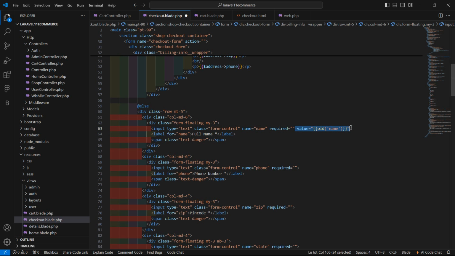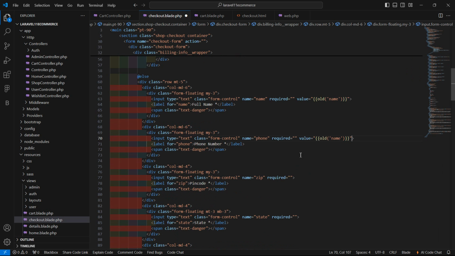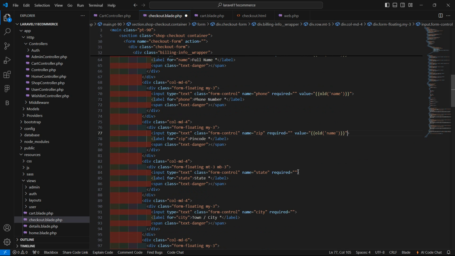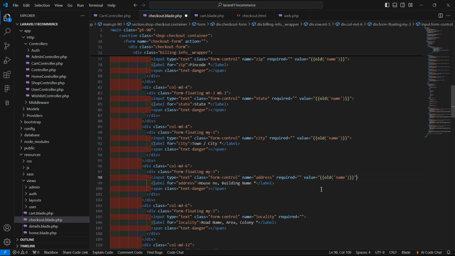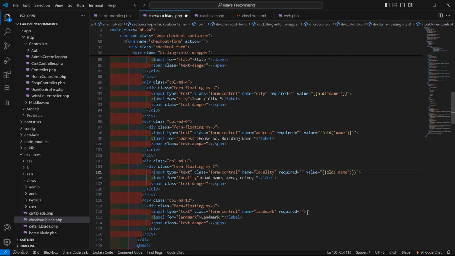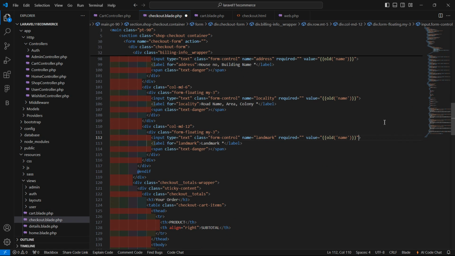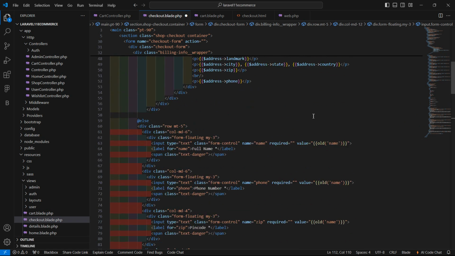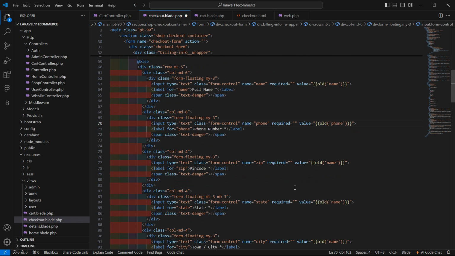And now let's copy this and paste here for phone number, the zip code, state, city, address, locality, and for landmark. So just change the name here, so copy this name, phone,